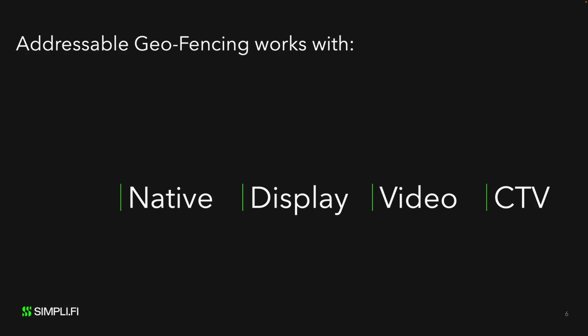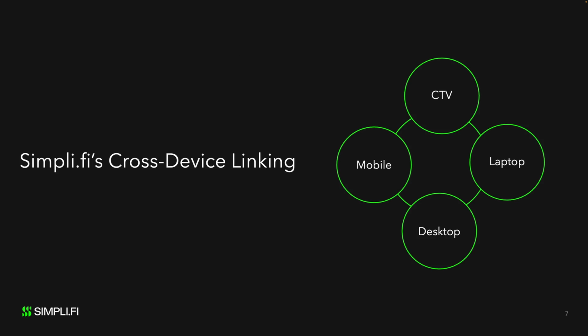No matter their size, advertisers from every industry can greatly benefit from targeting users at the address level, and they can do so with video, display, native, or CTV ads. Simplify's cross-device graph associates all of the devices in a household, thereby linking mobile, tablets, desktop, and connected TVs. This makes it easy to reach users across all of their devices, and it enables attribution for both online and